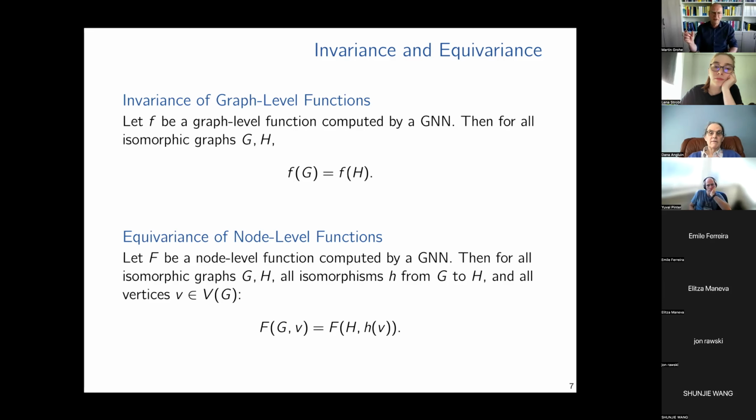If we have isomorphic graphs and an isomorphism between them, then the function value should be the same at a node and its image under the isomorphism.